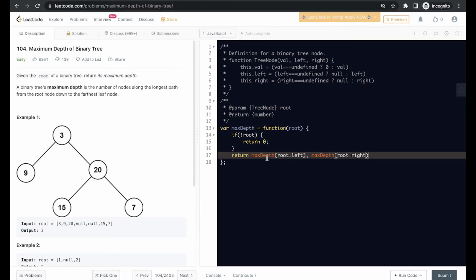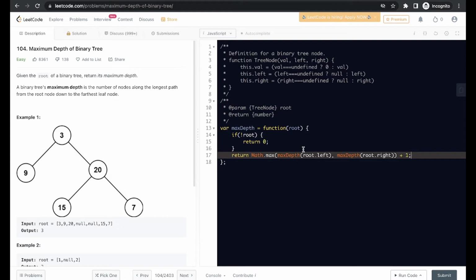So friends, using this we calculate root.left, and using this we calculate root.right. And why have we written it like this? Because we are going to wrap this inside Math.max, as we need to get the maximum value of these two recursion calls. Okay, and finally we are going to add 1 to it.